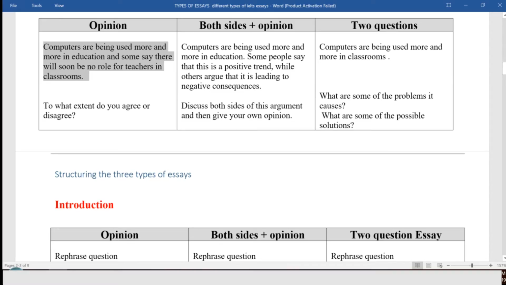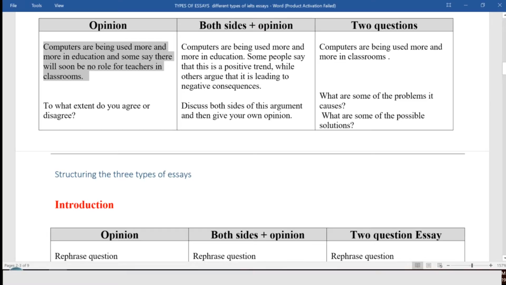So those are some examples of questions and how we can divide those into our three essay types: opinion essays, both sides and an opinion, and two-question essays. Let's look at some whole tasks just to increase your understanding so you can really appreciate what's going on here. Here's the task instructions for an opinion essay. Computers are being used more and more in education, and some say there will soon be no role for teachers